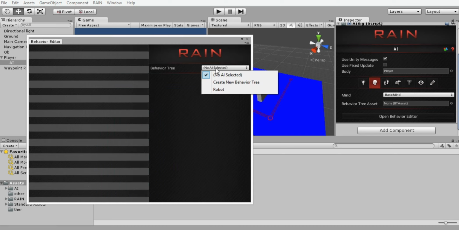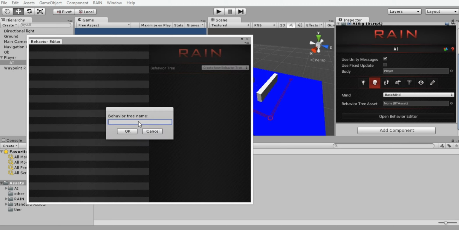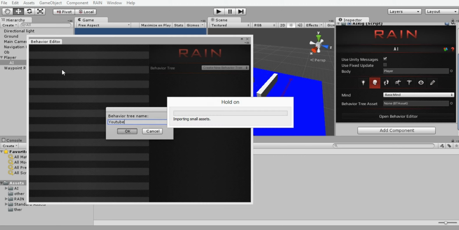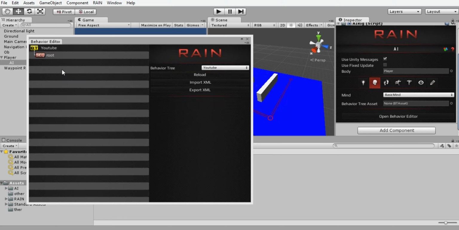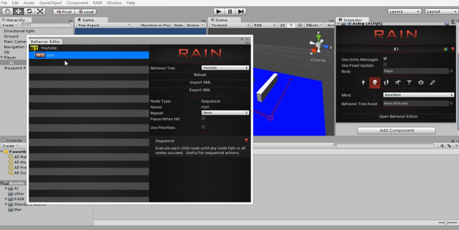I already have one created called robot, but we're going to create a new one. I'm going to call this YouTube. You hit OK, and it's going to add the YouTube, and then it's going to have root. You can rename it, but it's a lot easier to keep the name root. And under root, we're going to go create actions,